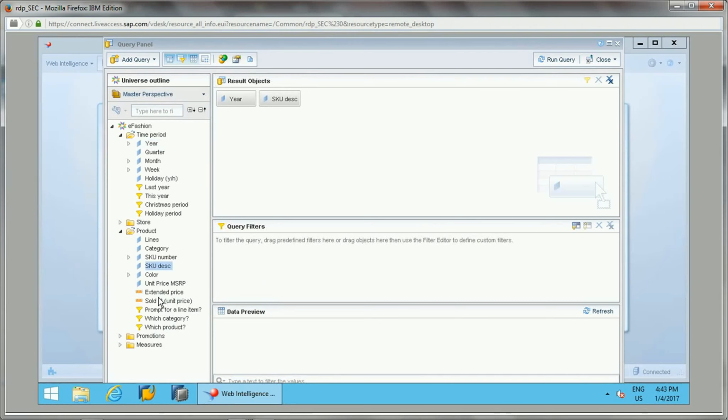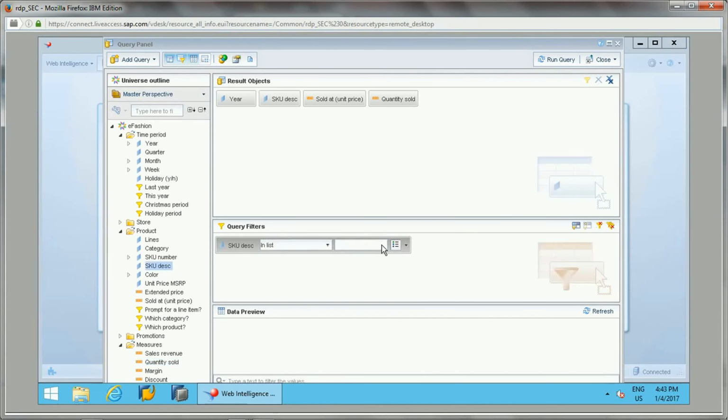So what this report will do is give the quarterly sales or yearly sales revenue for stretch products. So I will add a filter here for SKU description. Whatever the products with the name stretch, I will just filter them out.